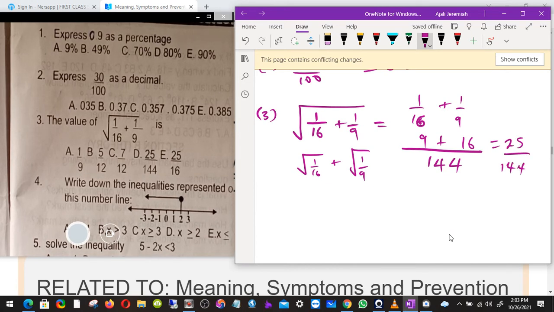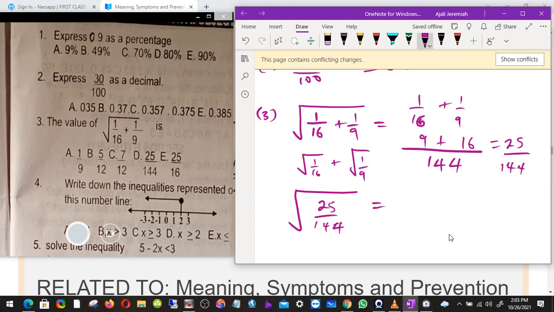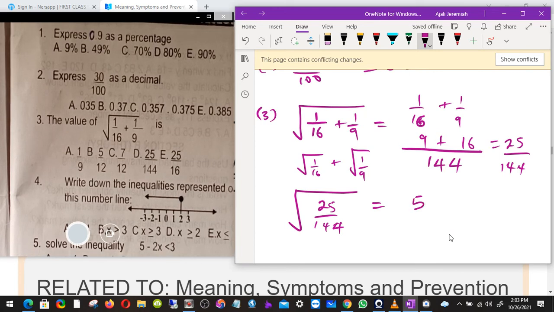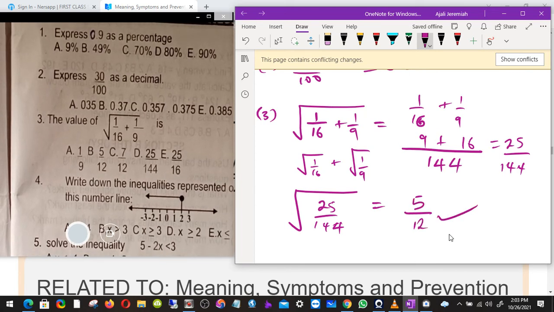So you must first add before you now say this is equivalent to square root of 25 over 144. Square root of 25. Option